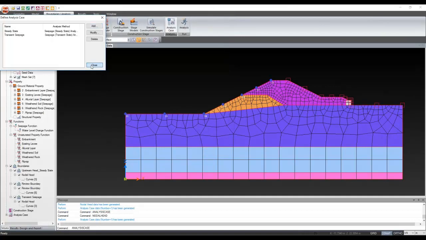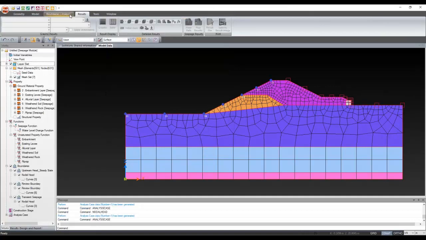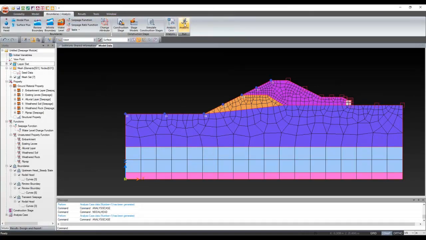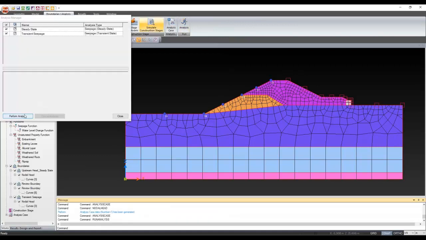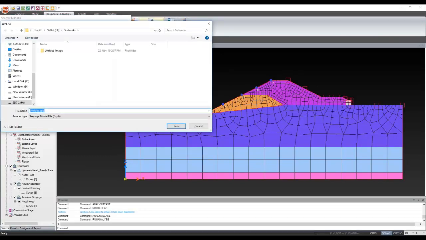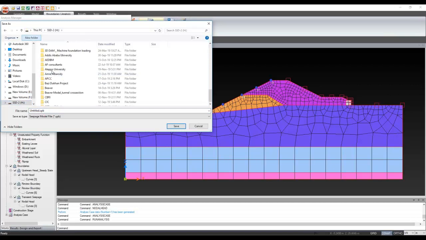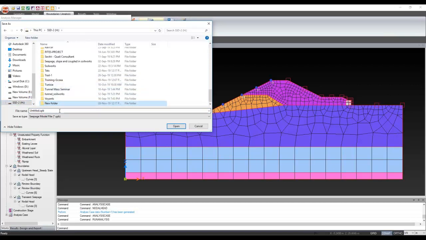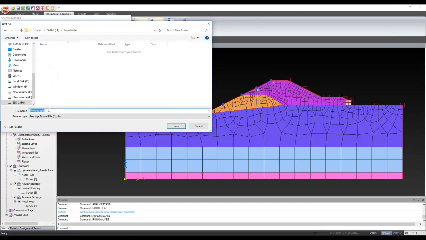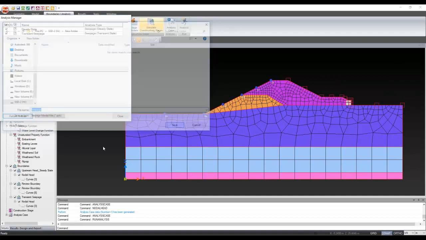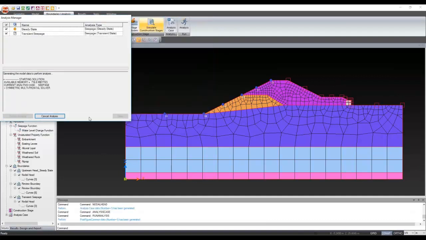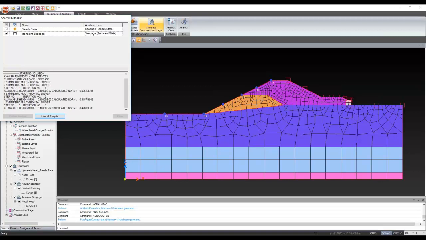close. Now what we do is we will run the analysis. Go to analysis and just run. So I need to save this somewhere. Let's say I will provide a new folder, and I give the name as Seepage. It's performing and it takes just less than